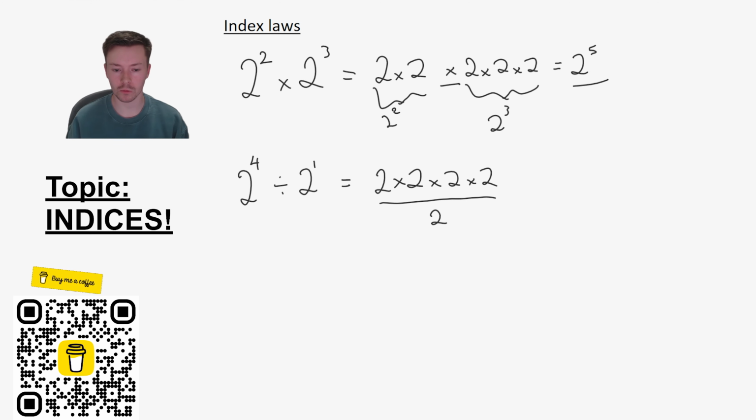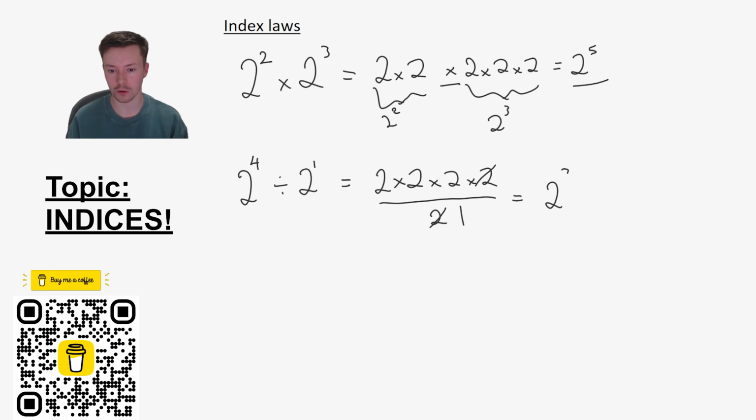Now, if I've got this, one of the 2's on the top will cancel out with the divide by 2 on the bottom, so I'm going to end up getting rid of one of my 2's, and that would leave me with 1 on the bottom, not 0. Because essentially what I've done there is divide by 2, top and bottom. So I'd end up with 1 on the bottom, 2 times 2 times 2, divided by 1,